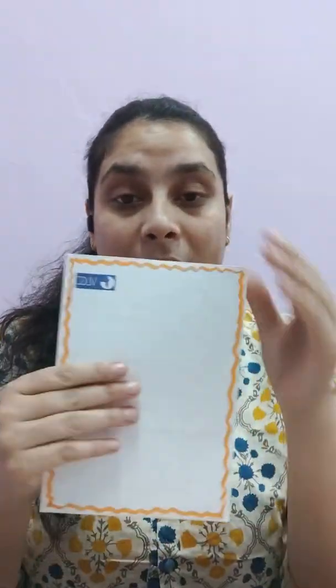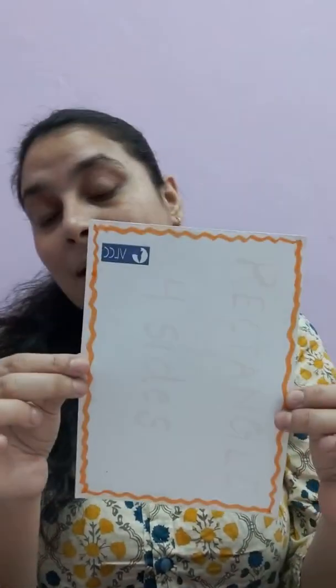Okay, kids. So, kids, today is our maths and English class. And what we are going to do today in maths, we are going to start the shape rectangle. And in English we are again going to practice making letter R in our notebook. So kids, in maths today we are going to start the shape rectangle. Okay, so first of all you have to identify this is the shape rectangle.